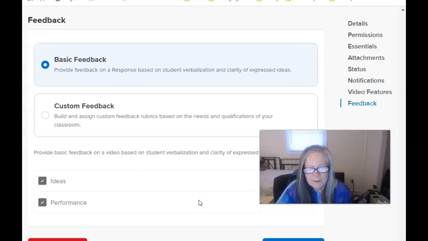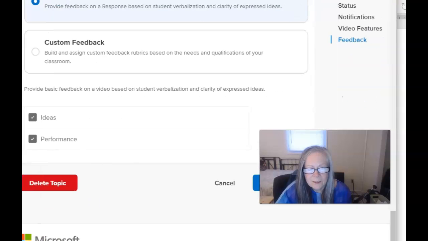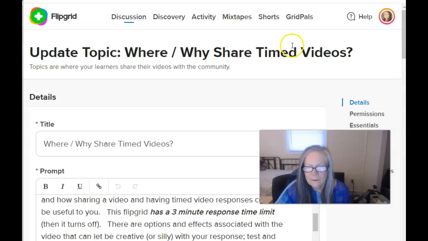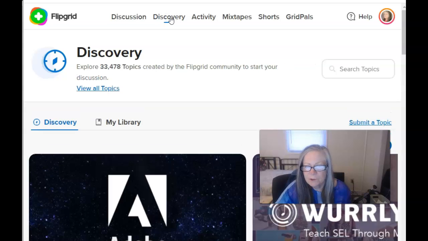Let me keep scrolling down a little bit more. You can see that when you finally get down to the bottom, this is a Microsoft product, and that assures me that hopefully there's going to be a commitment to keeping this going. I'll conclude by going back up to the top. There are a number of places where they're encouraging the sharing of resources,